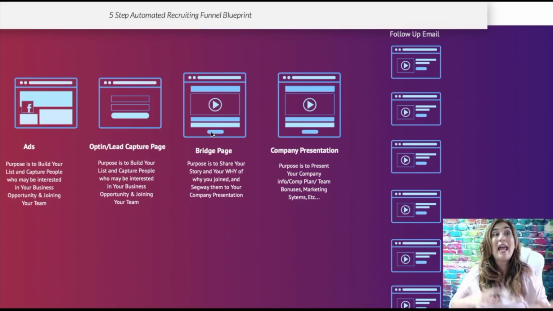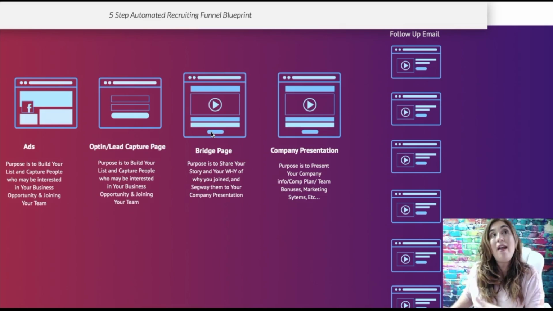Now, what I like about creating my own is that I do have a little bit more control. I can add a little bit more photos of maybe me and my team. I can add a little bit more copy. I can share more reasons to join our team. I can have my bonuses on that page. I can have my marketing systems on that page. Really give them compelling reasons to join our team on that page. I don't have control if I'm just depending on what the company